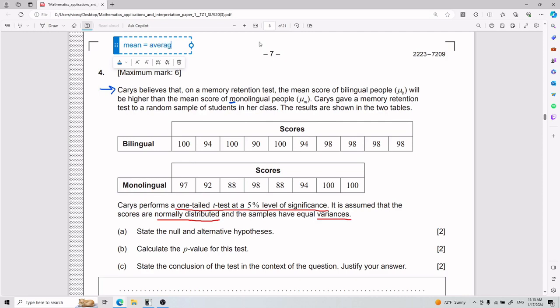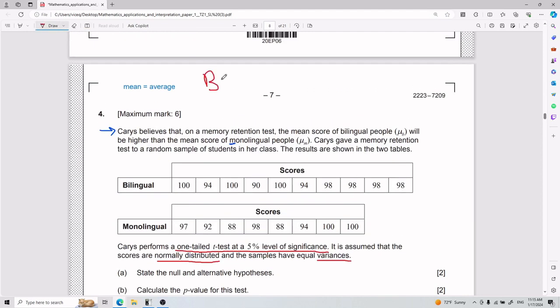So if on average, let's say the average of bilingual, I'm making this up, is 99, and the average of monolingual is, I don't know, 70, then it seems to be, right, that bilingual people do way better in memory retention than monolingual people. That's what you would think looking at the means. But to further prove that, there's this thing called